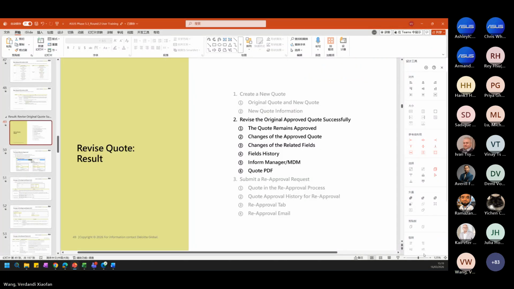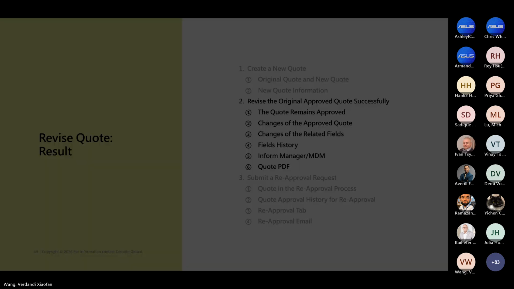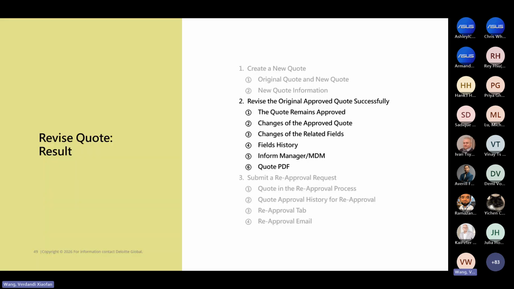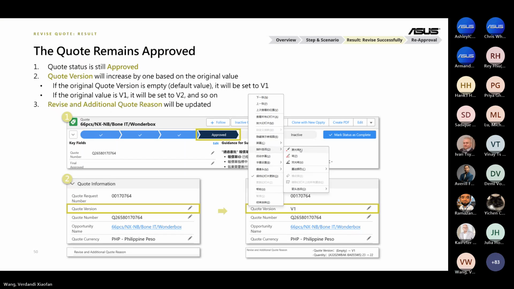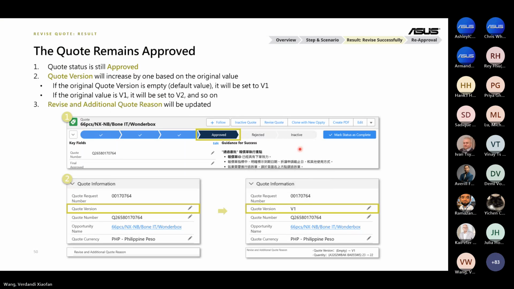Okay, here. To the second part. Then the second part is if you want to revise the original approved quote directly, which means your modification will be applied at the end of the revised quote feature. The quote status is still approved, and the quote version will increase by 1 based on the original value,